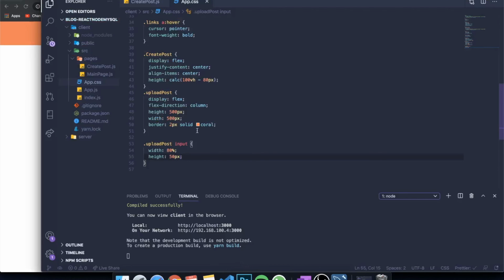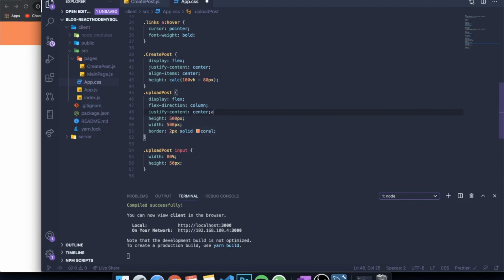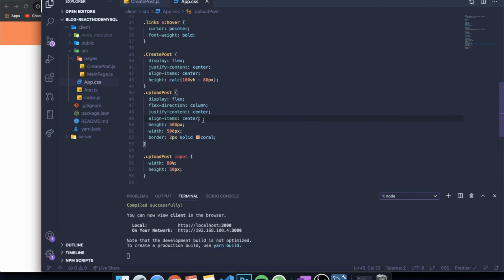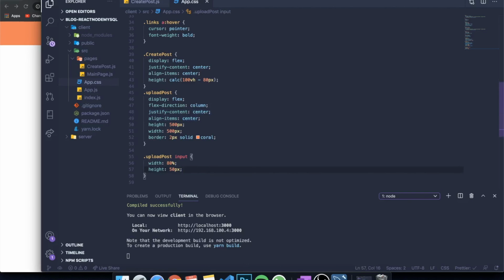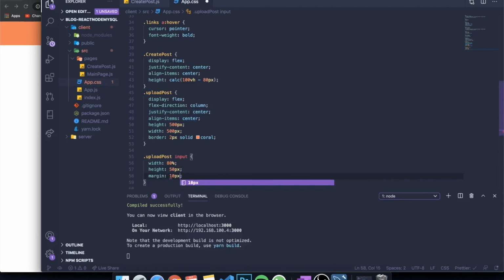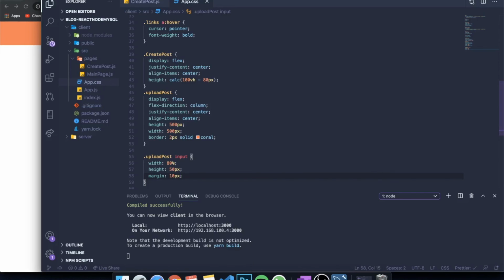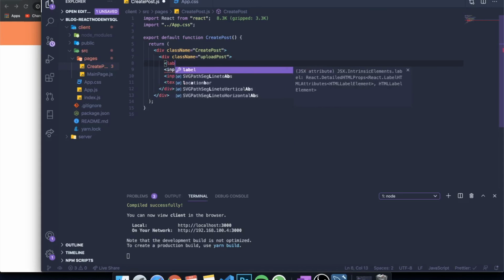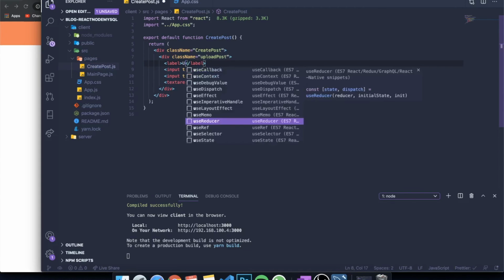So we're basically going to be adding some justify content center and align item center, because whenever we put this, we're just centering everything inside of our div. So we also want to add some margin between the inputs. So margin of 10 pixels, and you'll see that now everything is kind of separated from each other. And to finalize it, I'm gonna add a label with the name of whatever you need to write on that text. So I'm gonna write username,